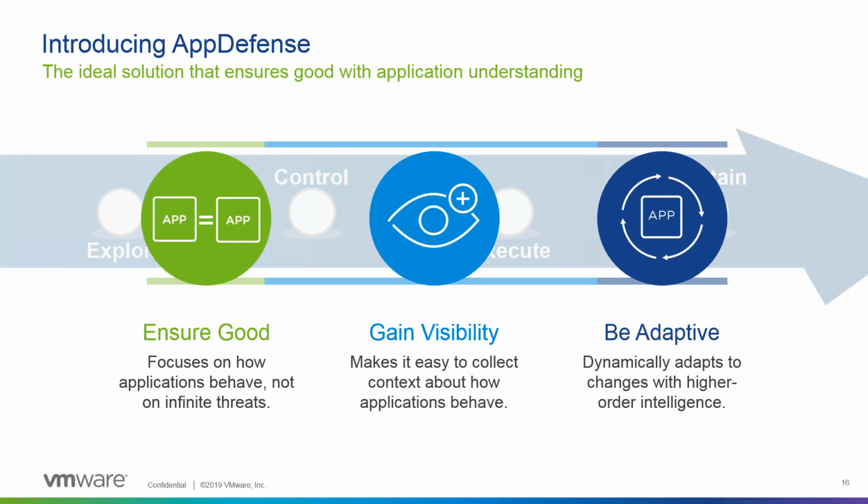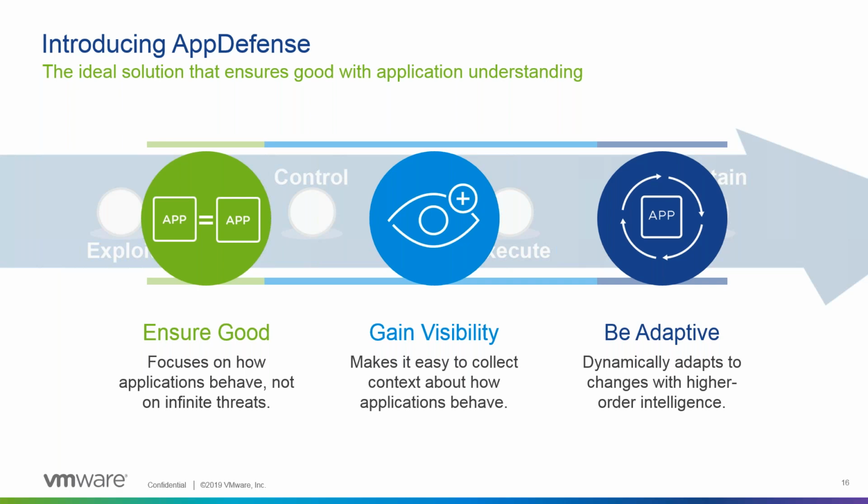And then the third piece, again, to bring it back to Dave's point around DevOps and rapid application change and development and deployment, AppDefense adapts as applications adapt. And so it's not a manual whitelisting policy type of approach where someone is manually creating rules. It hooks into provisioning systems, whether that's systems like Puppet and Chef and Ansible, or there is a learning mode and a discovery mode where it can discover what your applications are doing, and then it's able to adapt as they change. So an example of this might be, you're running Windows updates on a bunch of VMs, or your Windows team are running a series of Windows updates.